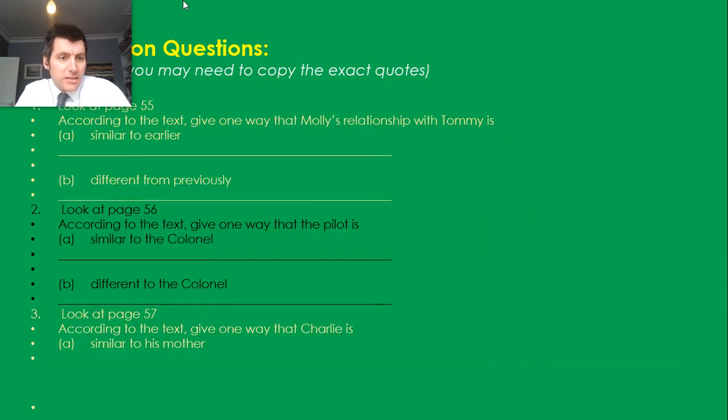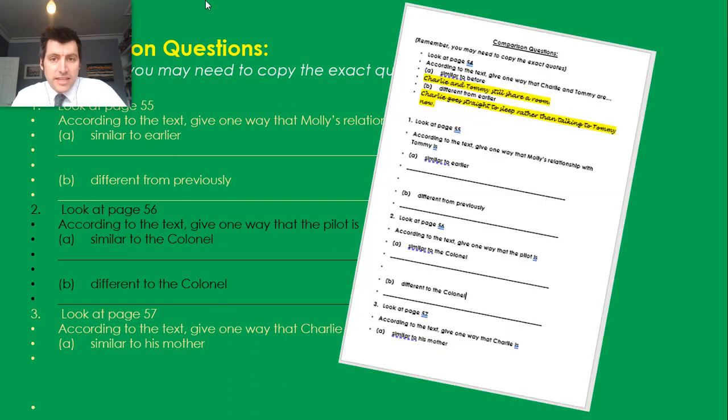Guys, for you as well, you've got these sentences, or you've got a similar text type to do where for pages 55, 56 and 57, you've got to look at comparisons within the text and you've got to try and delve into it to understand how things have changed and how things are the same. And then you'll complete those on this page.